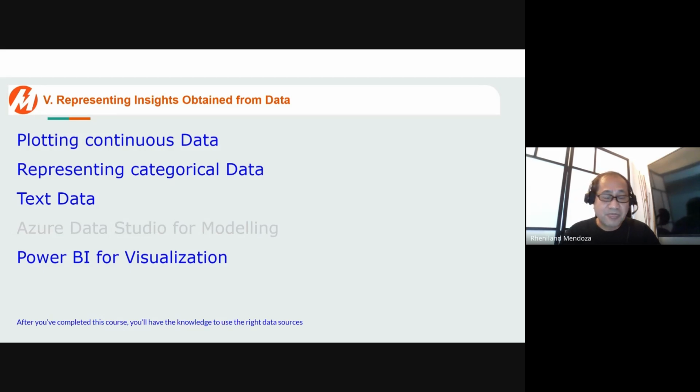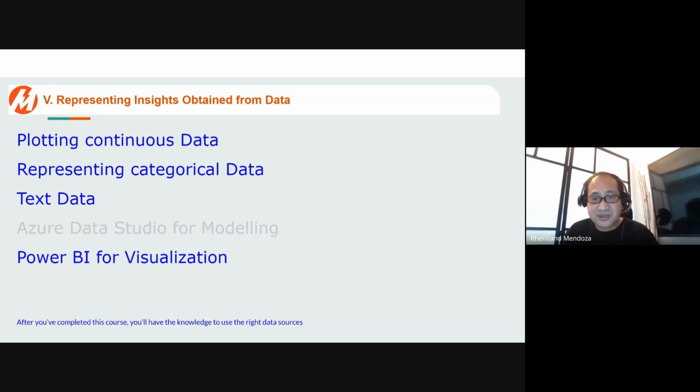So, in this module, we'll talk about the different kinds of numeric data that you can use in analysis. We'll talk about and see some techniques in plotting continuous data. We'll understand what categorical data means and see a few examples of representing categorical data. We'll also talk about other kinds of data that you might work with for analysis, such as text. And we'll discuss what representations of such data make sense before they can be used in ML or machine models.